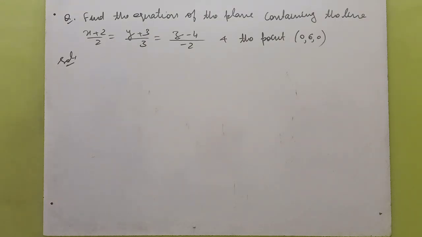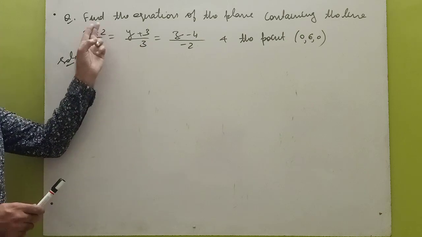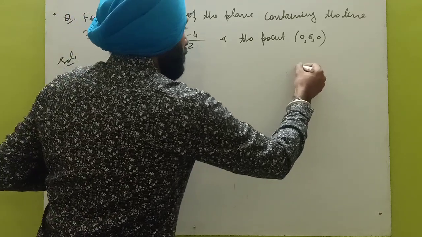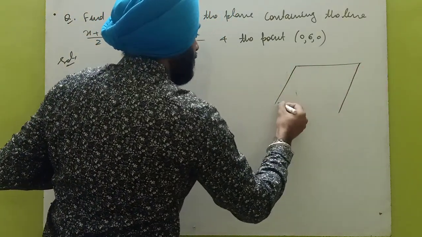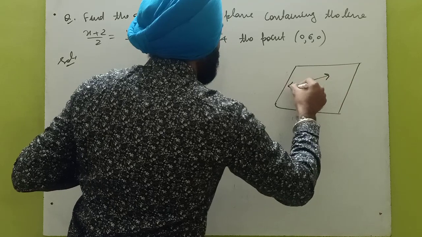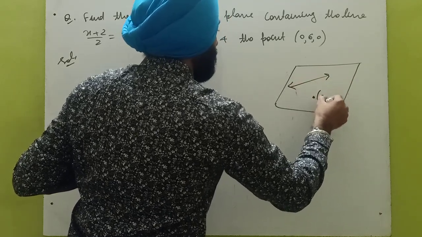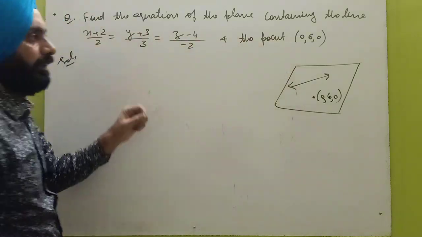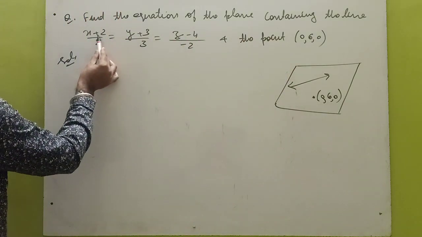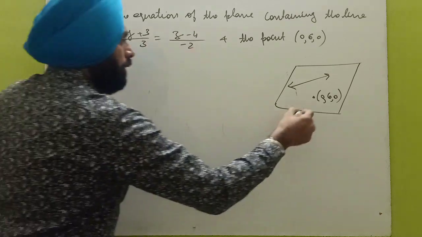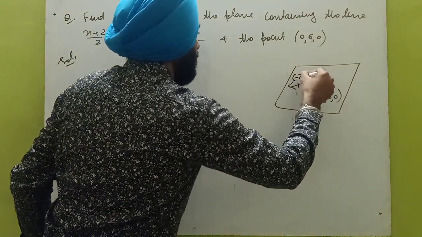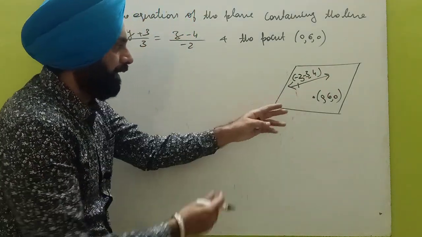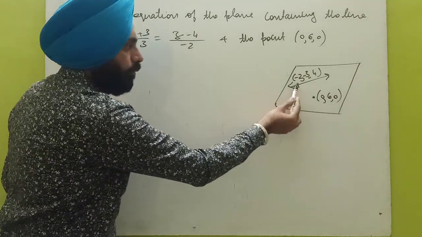Now let us consider one more question, which is again a very important concept. Find the equation of the plane containing the line and the point. Let us take this as the plane which contains one line, and there is one point (0, 6, 0) on this plane, and you can see that this point does not lie on this line. A point on the line is (-2, -3, 4). So there is one point (-2, -3, 4) which also lies in the plane. So there is again the concept of the previous question. There are 2 points on the plane.